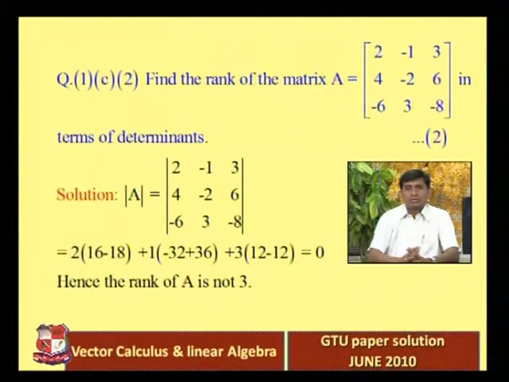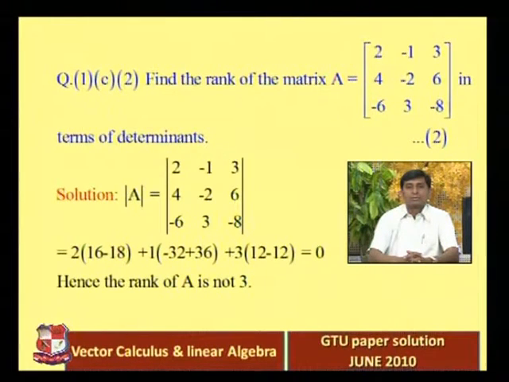Minus 8. So we use the normal method: 2 into 8 minus 2 into minus 8, that is 16, minus 6 into 3, that is 18, plus 1 into 4 into minus 8, that is minus 32, minus 6 into minus 6, that is plus 36, plus 3 into 12 plus minus 12, that is equal to 0, because 16 minus 18, that is minus 6 into 2, that is minus 12,